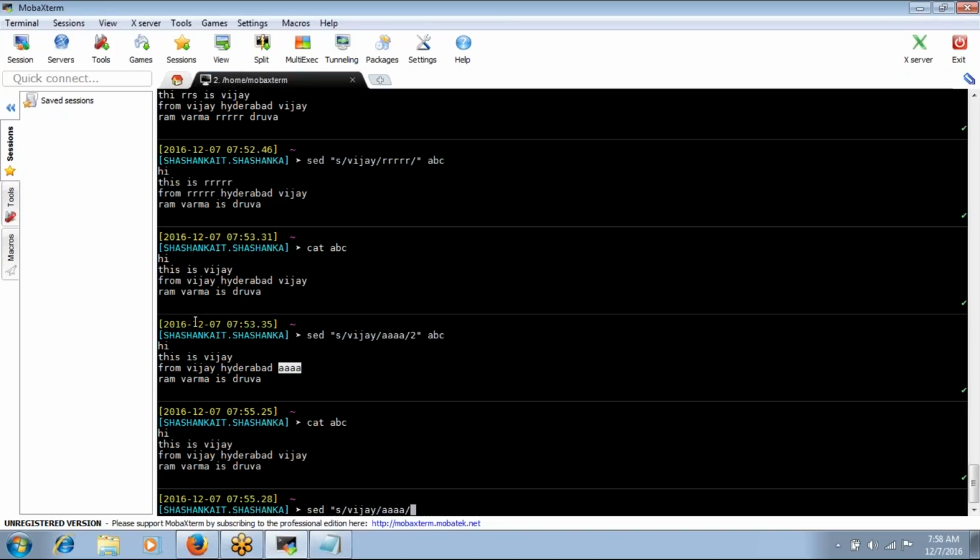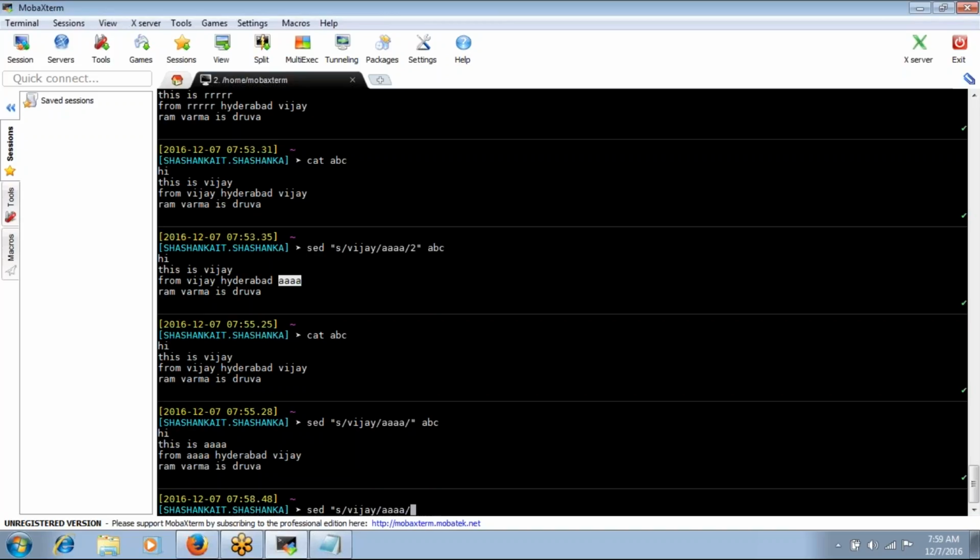If I give the same command and you didn't give the value, by default the value is 1. So it will change only at the first occurrence. So this is Vijay. In this record, this is the first occurrence, so it is changed. Coming to this record, this is the first occurrence, it is changed. The second occurrence, it will not change because of the default. If you didn't give the number, by default it will take the numeric value as 1. Other than that, you need to mention 2, 3 and so on. Coming to this record, this is the first occurrence, it will change it. The second occurrence, it will not change it because by default it takes 1, right?